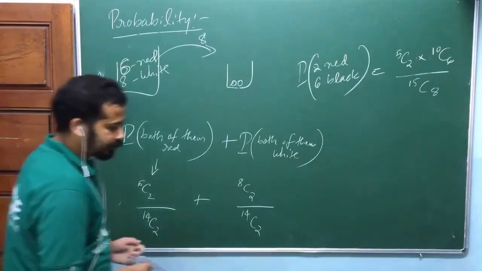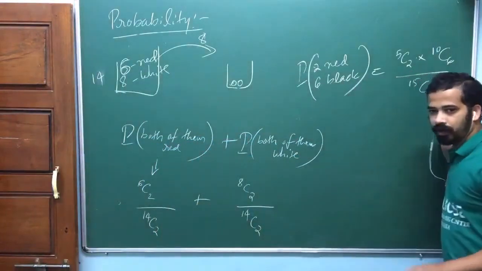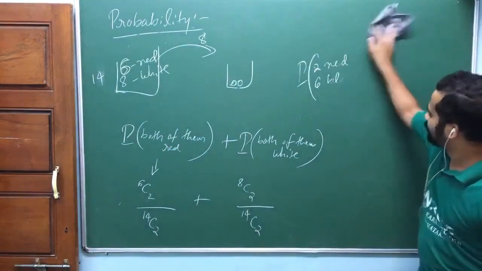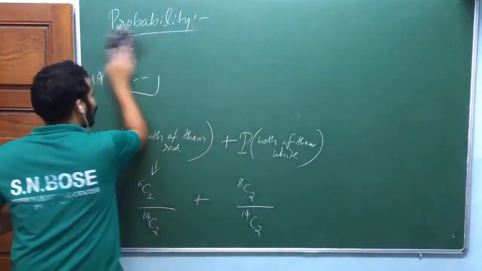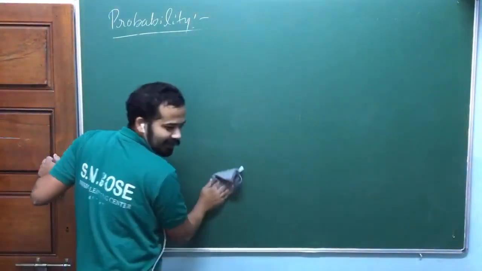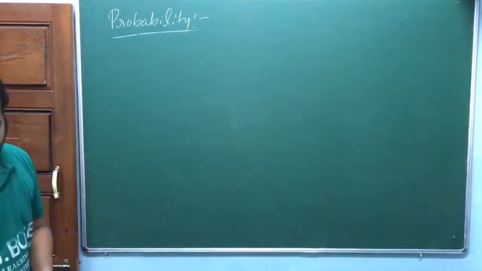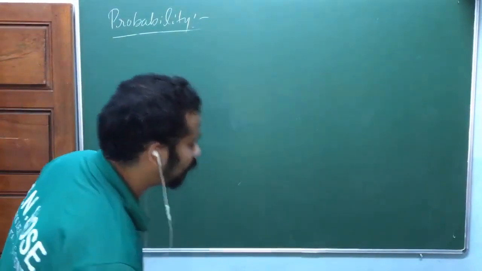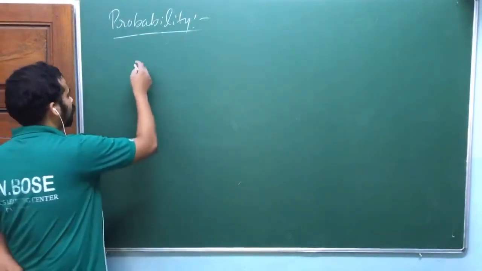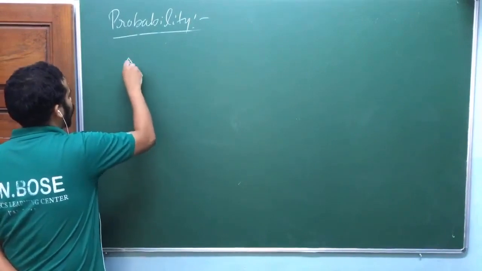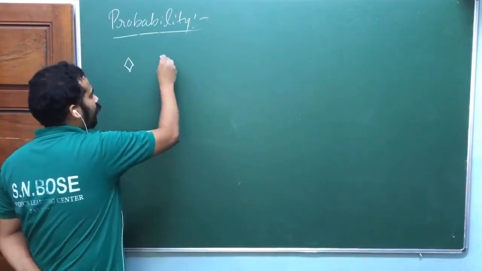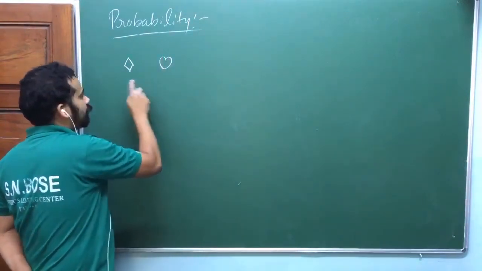Now you know cards. If anyone doesn't know about cards, you have to get to know about them, at least for solving these problems. They don't mention how cards work. You need to learn that, no other choice. So I hope you know that a deck contains diamond and heart, and these are red, isn't it?